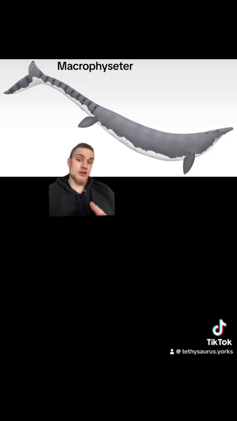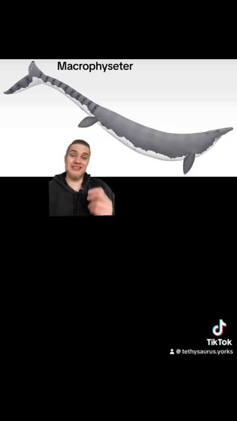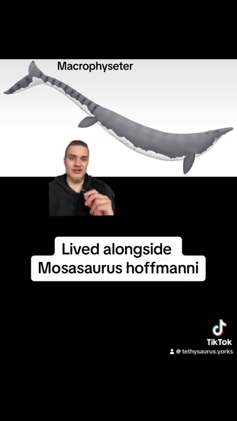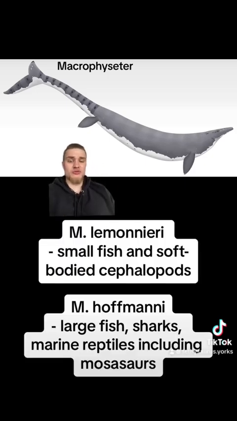Now, apart from these slender-snouted, slender-bodied Mosasaurus over in America, you also had a slender-snouted, slender-bodied European Mosasaurus called Mosasaurus lemonnieri. Now, Mosasaurus lemonnieri had the unfortunate case of living alongside Mosasaurus hoffmanni in Europe, so it was kind of a little brother, big brother situation. This guy would feed on small prey, while his bigger brother would probably eat bigger prey,